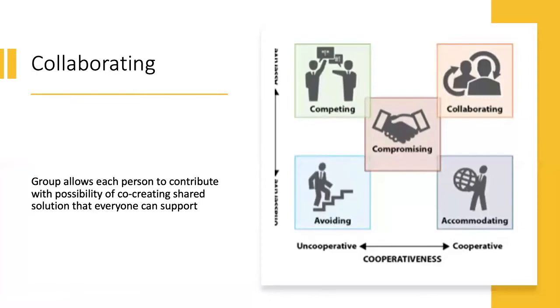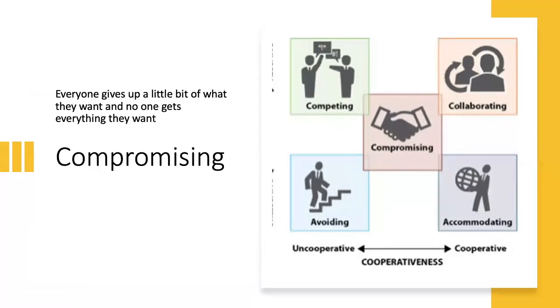It involves everyone digging into the issue to identify what the underlying concern is and try to find an alternative that meets both sets of concerns and one that everyone is happy about. However, I do want to say that collaboration can take a lot of time and energy, and this might not be the best strategy to use in the situation that you are in. The last strategy we have is compromising,